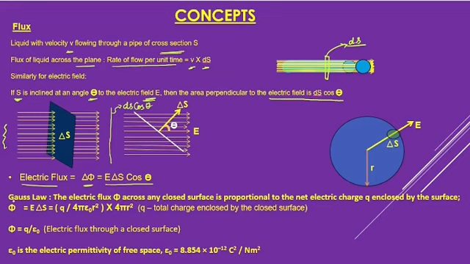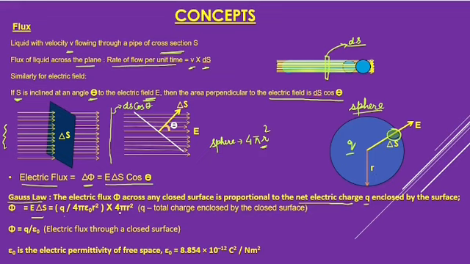Gauss's law states that the electric flux phi across any closed surface is proportional to the net electric charge Q enclosed by the surface. Imagine a sphere enclosing a charge Q. We'll apply the same formula: phi is equal to E into delta S. We know E is Q by 4 pi epsilon 0 r square. Here we had taken S as only a small portion, but for a sphere, what will be the total area? We know the surface area of a sphere is